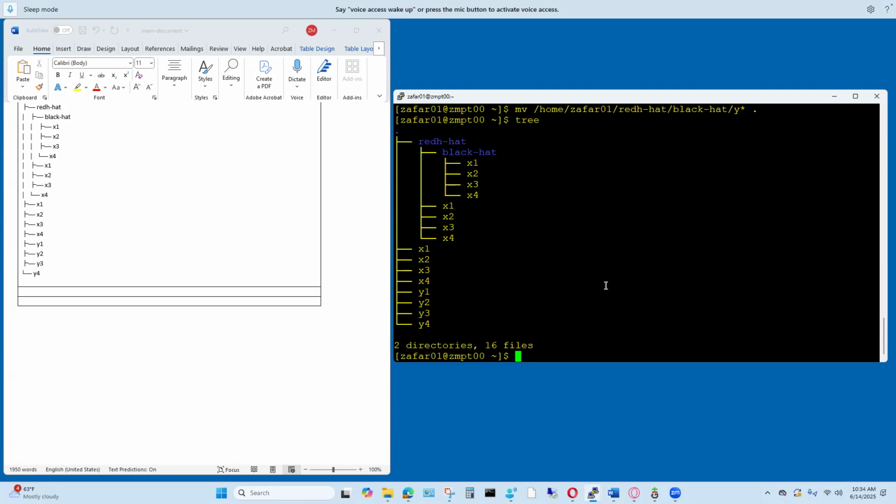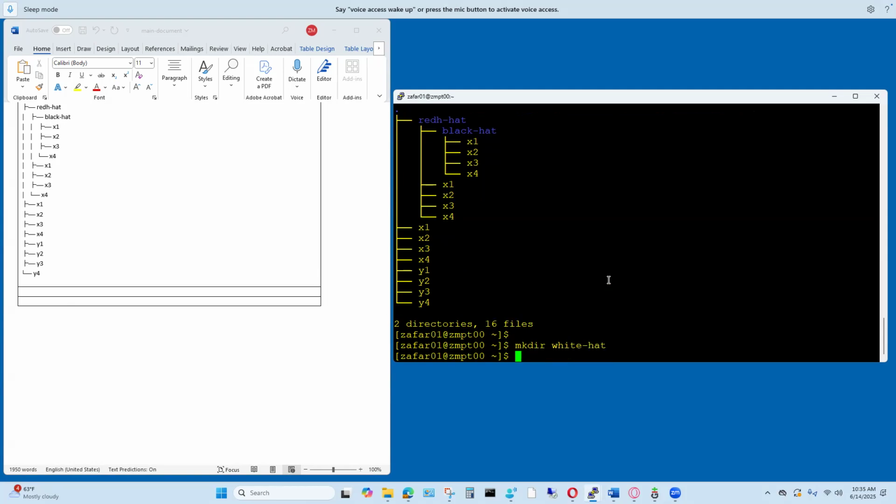So let's see here. What I'm going to do is create a different directory here. I'm going to create mkdir, I'm going to say white hat. And if I do tree,